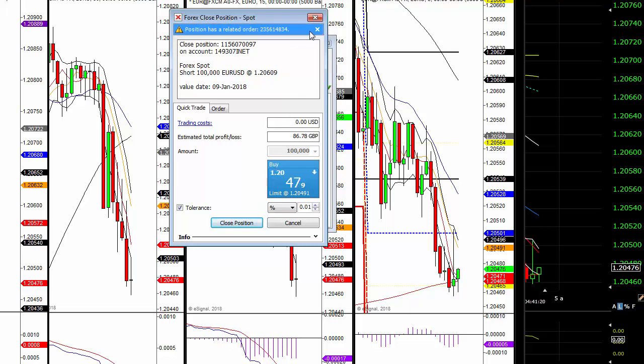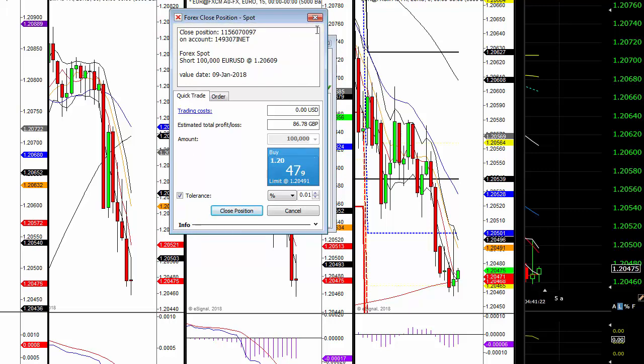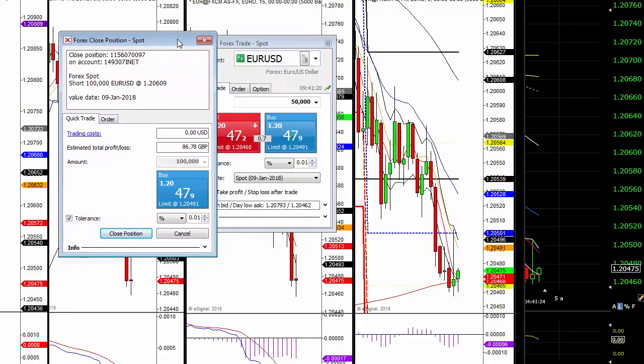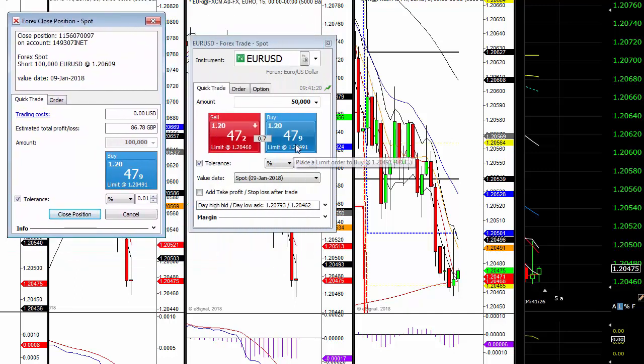Oh, what have I done? Have I clicked on the wrong button? Oh, clicked on the wrong button there. Sorry, I haven't done it. Oh, I have. Long 50,000. Yeah, I've done it. So I've banked half at 50,000. Because I'm 100,000 short, I've now just gone long 50,000. So now only leaves me